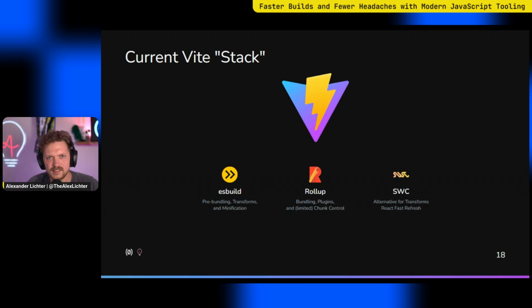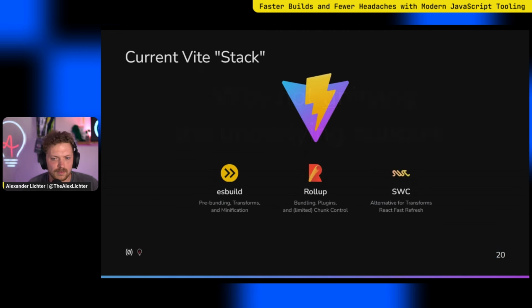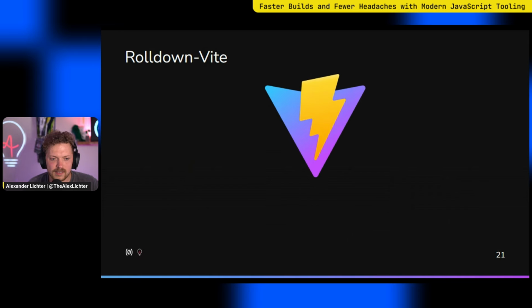Now, these 3 tools, or 2 if you're not necessarily a React user, add a lot of complexity for you, but also for the maintainers. So the question there was, why not make things simpler, right? For the end user, this is already quite simple, unless you start to consider the plugin API and certain things we might have to consider. And there are also some shortcomings of Vite, of course. So why not unify the underlying bundler? We take this and just say, let's throw them all away and get a new one, Rolldown.